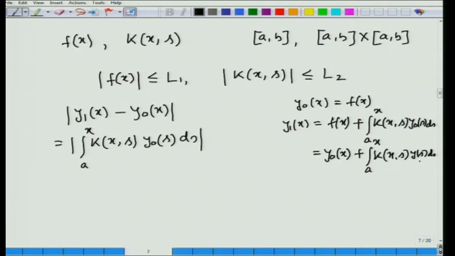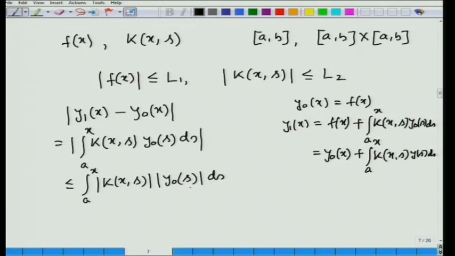So, clearly y 1 x minus y 0 x is equal to integral a to x k of x comma s y 0 s ds. So, that means modulus of y 1 x minus y 0 x is equal to this one. Now, using the well known inequality, you can write this is less than or equal to integral a to x modulus of k x comma s multiplied by modulus of y 0 s